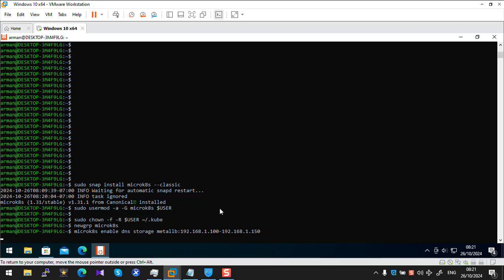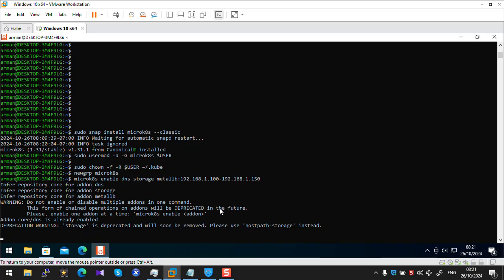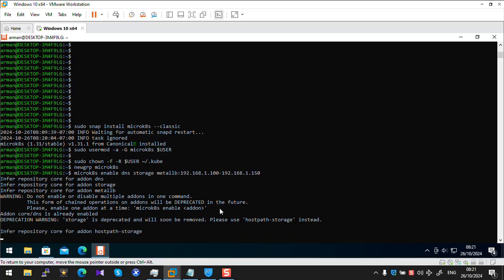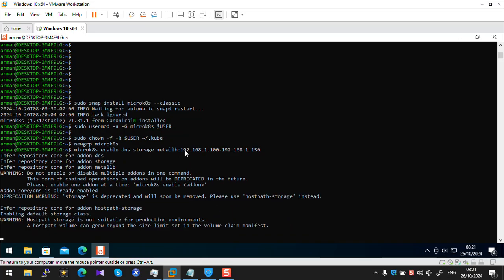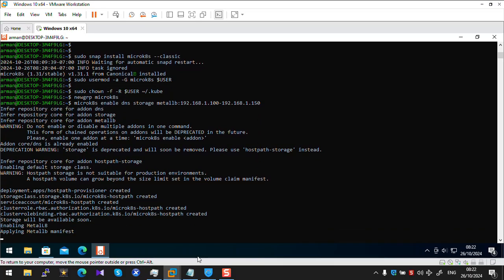Wait to enable DNS and storage add-ons and metal load balancing add-ons with this range IP. Enable. After complete this command,